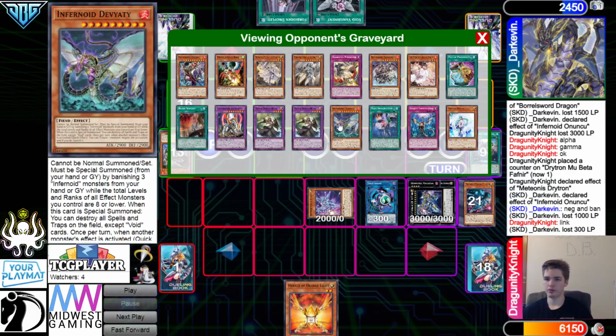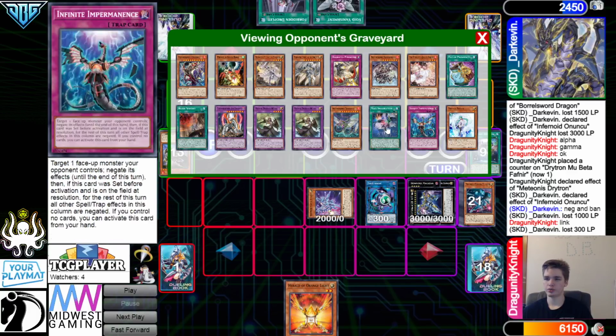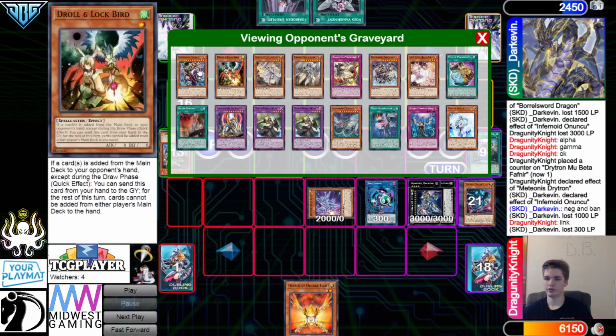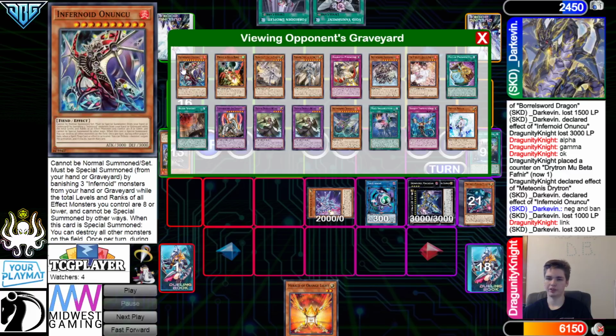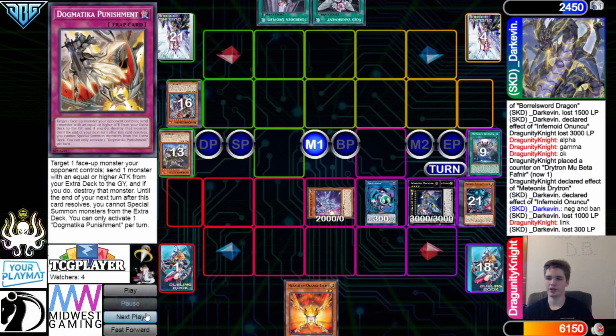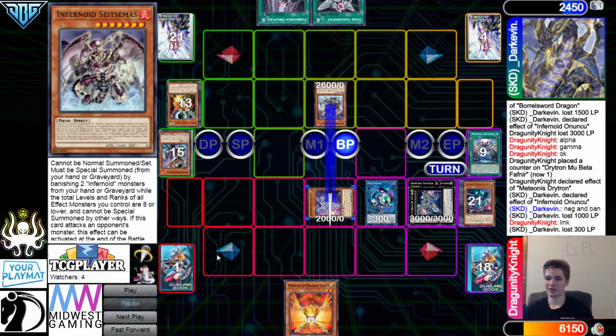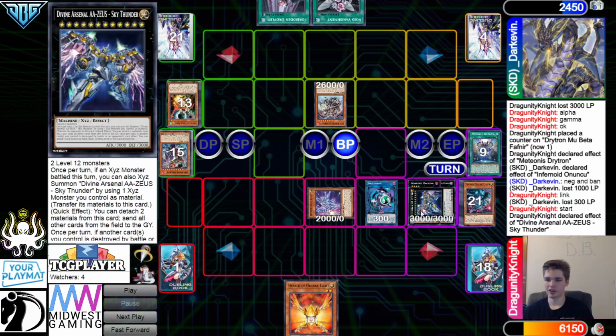Okay, so they have 1, 2 in the grave. Well, if they want to summon this, so I'm saying that they can't summon that right there. So they have 3 Infernoids in the graveyard. So they're going to go ahead, banish the big ones, summon out Sightsummons, battle phase, try to attack Alpha, but